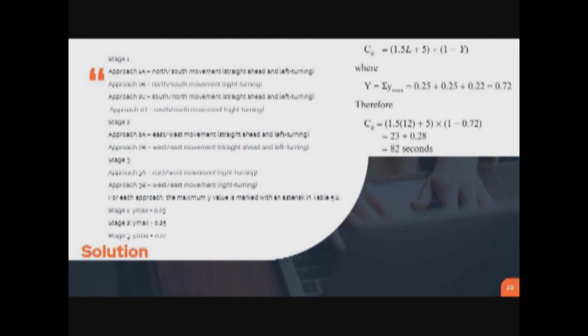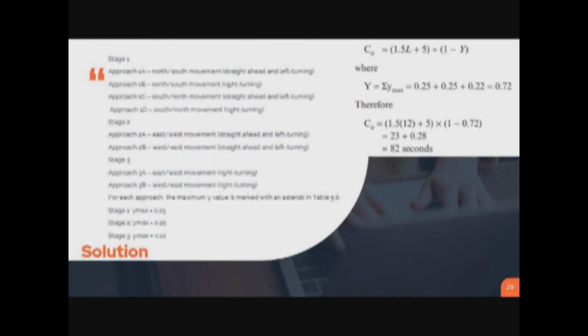So in stage 3, we have approach 3A and approach 3B. Approach 3A is the east or west movement, right turning, and approach 3B is the west or east movement, right turning. For each approach, the maximum Y value is marked with an asterisk in Table 5.8. In stage 1, the maximum Y value is 0.25, same goes with stage 2, and in stage 3 it is